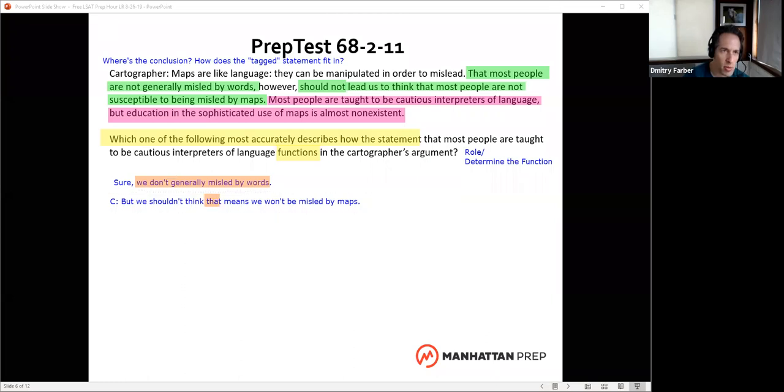so we could label this as a premise. Here we don't get misled by words, or you could almost call it a counter premise, like an opposing point. And then the real premise is we are taught to be careful about language, but not with maps. Okay. So